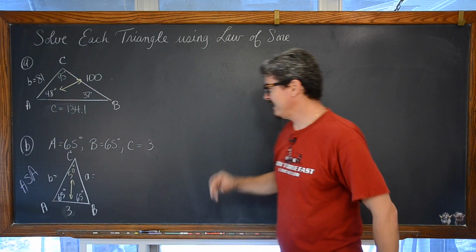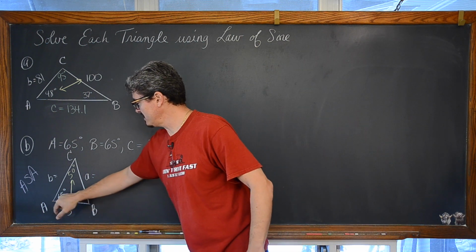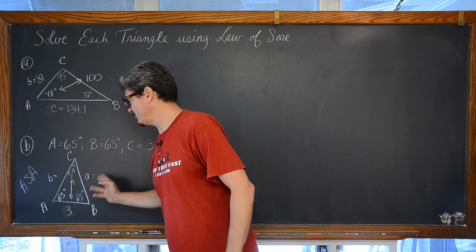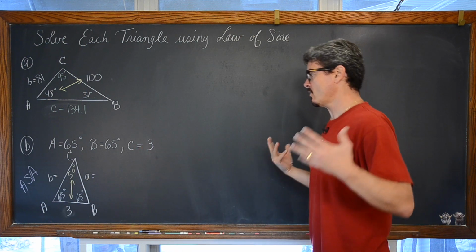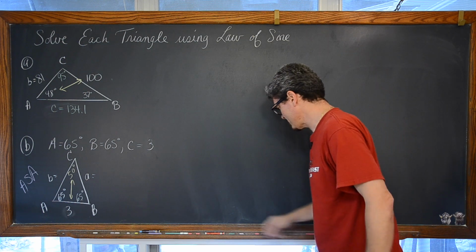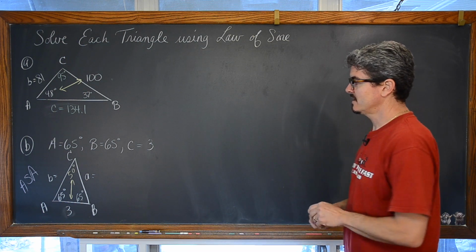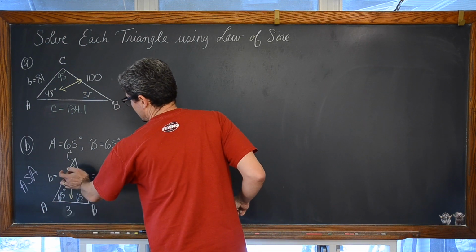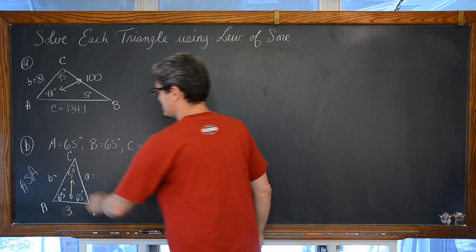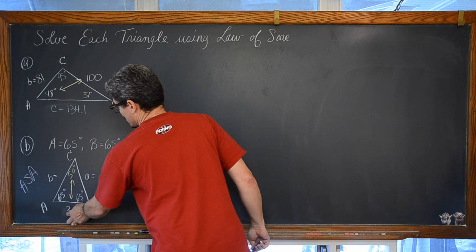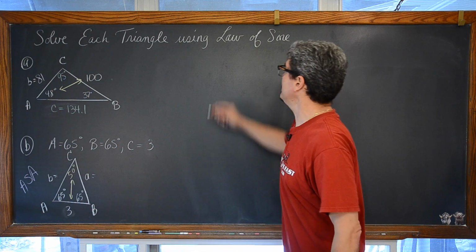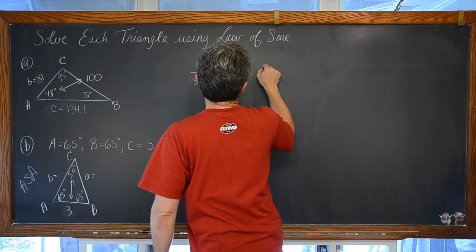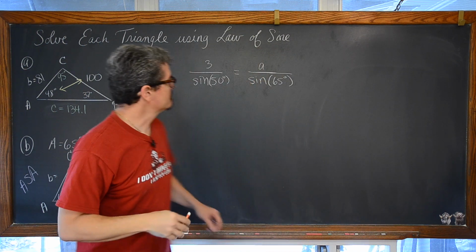So for part B, now recognizing that this is an isosceles triangle means that since these base angles are equal, then the measurements of A and B are also equal. So this is going to go quite quickly because I don't need to go through 2 steps of law of sine, just 1. Because, again, A and B are the same measurement. So start off with that known side. And we weren't given angle C, but it was very easy to find, our 50 degrees. So we're looking at 3 over the sine of 50 is equal to A over the sine of 65 degrees.